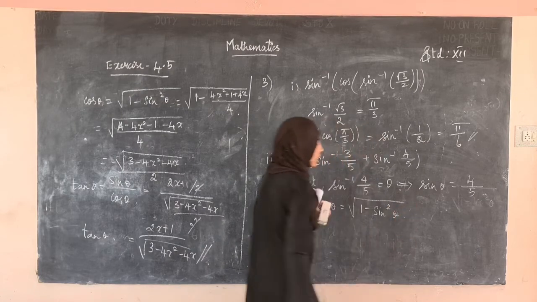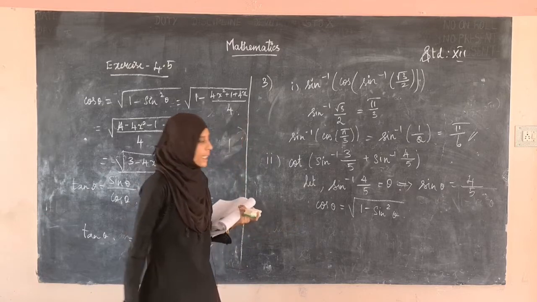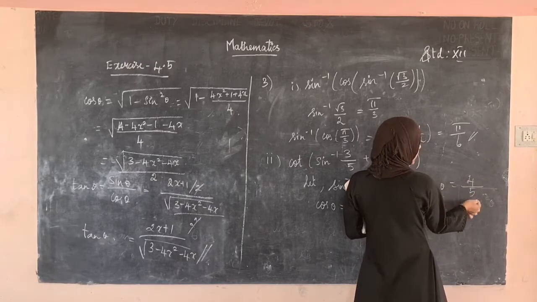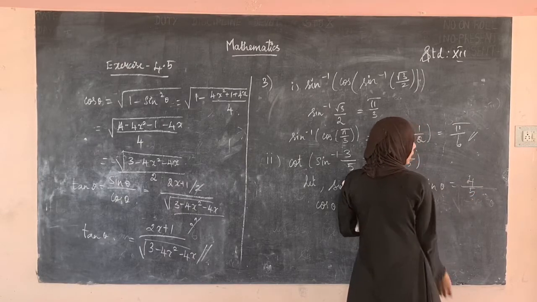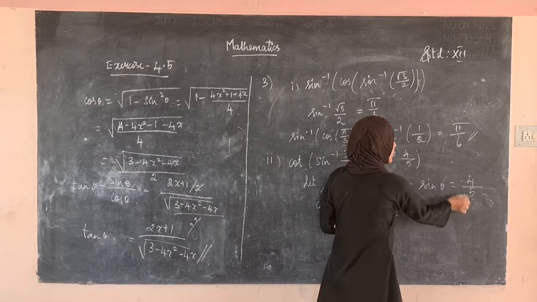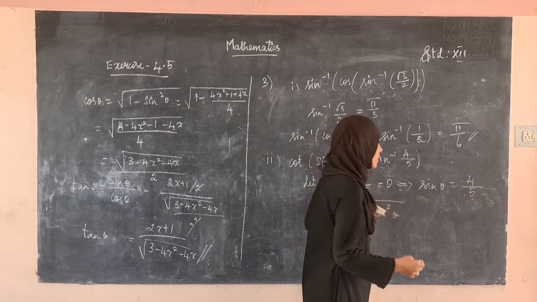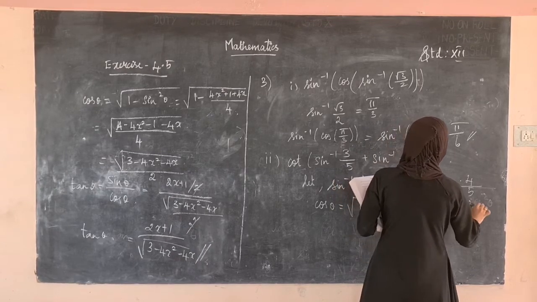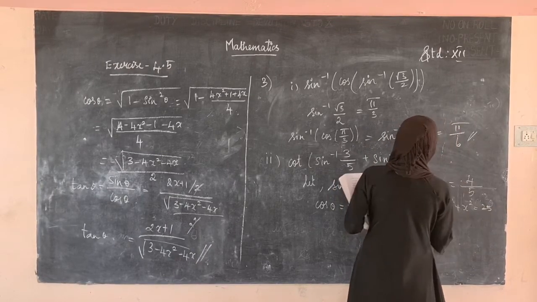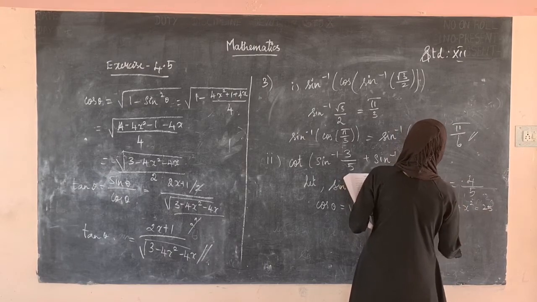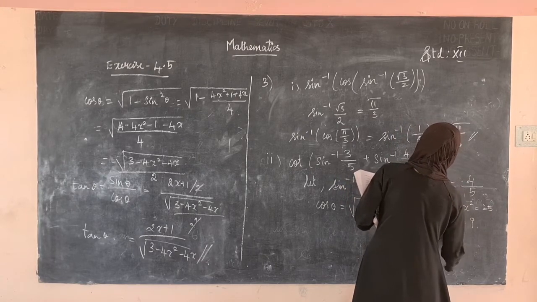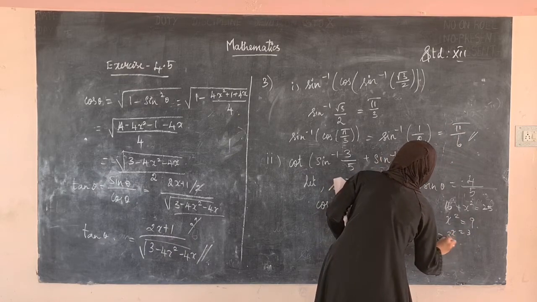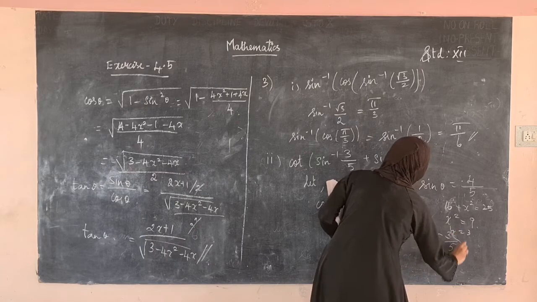You can find the value of cos theta either in this method or another method. See, this is the opposite side, this is the hypotenuse, and this is the adjacent. If we get the value of the opposite side, we can find it, right? So 4 square plus x square is equal to 5 square, which is 25. This is 16. Bringing this 16 to that side, x square will be equal to 9. What will be the answer of x? x is 3. Therefore, cos theta will be equal to 3 divided by 5.